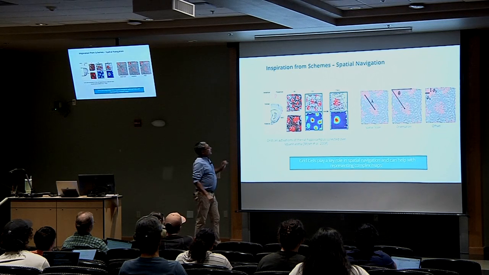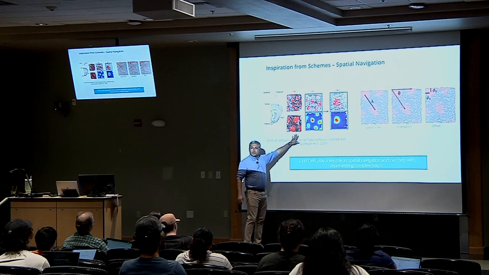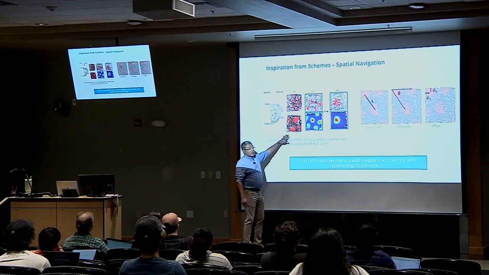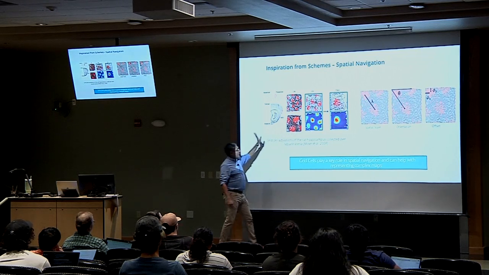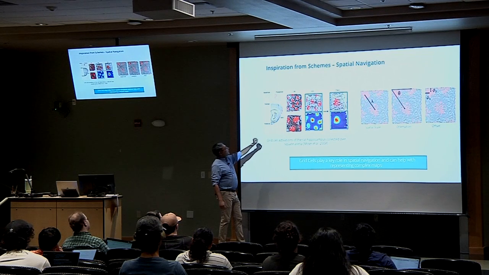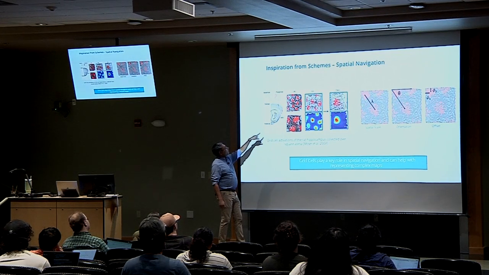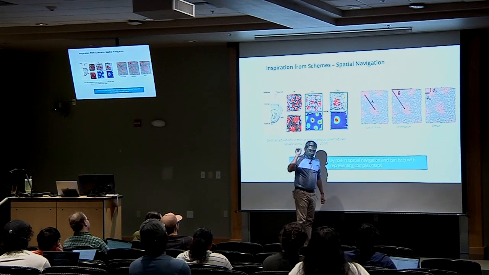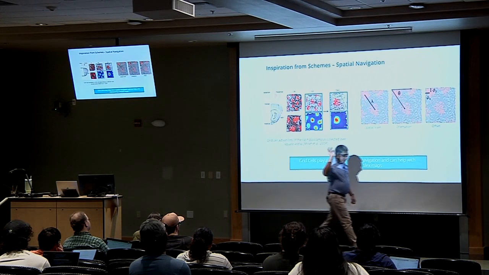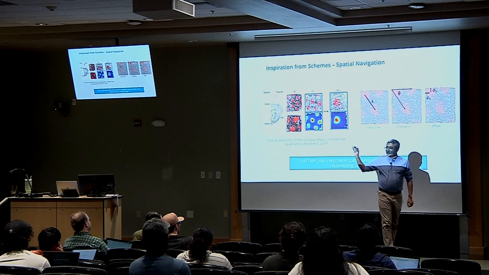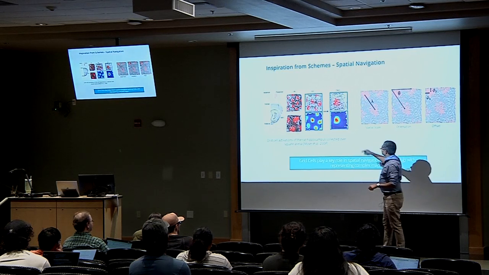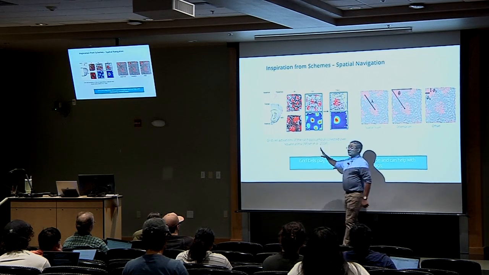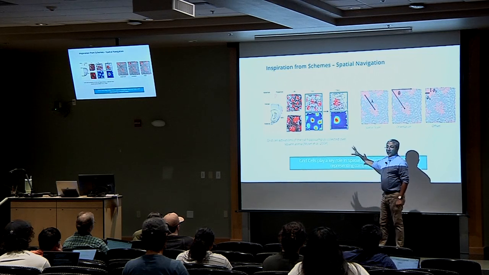Grid cells do something different. Here's a recording of a single grid cell. A bunch of different grid cells. You put an electrode on a single grid cell. This work, by the way, won the Nobel Prize in medicine. I forget when, 2008 maybe. It fires in a grid pattern. So I move around. If I'm in this location, the single recorded neuron fires. I move to a different location, the same neuron fires. And if you record all the firing patterns, it is a grid. A different grid cell might have a completely different grid pattern, but it still remains a grid.